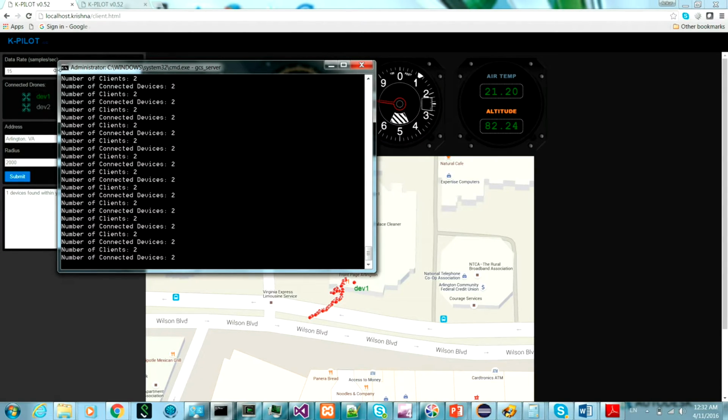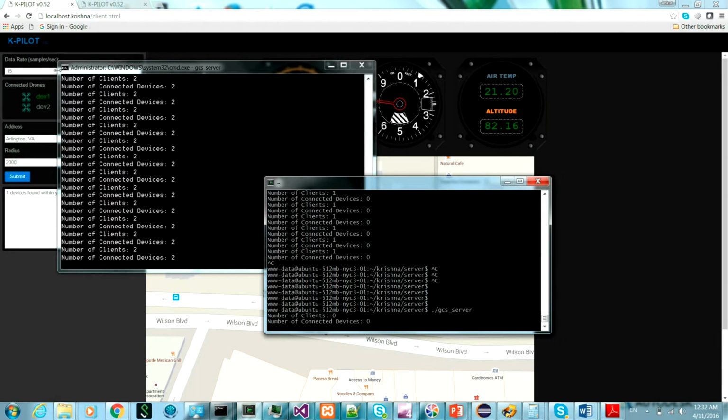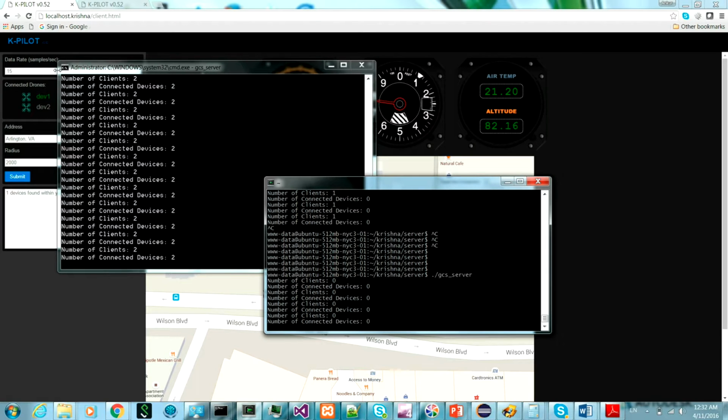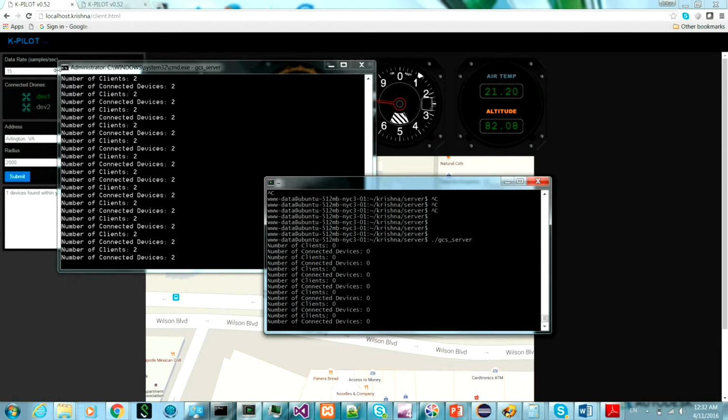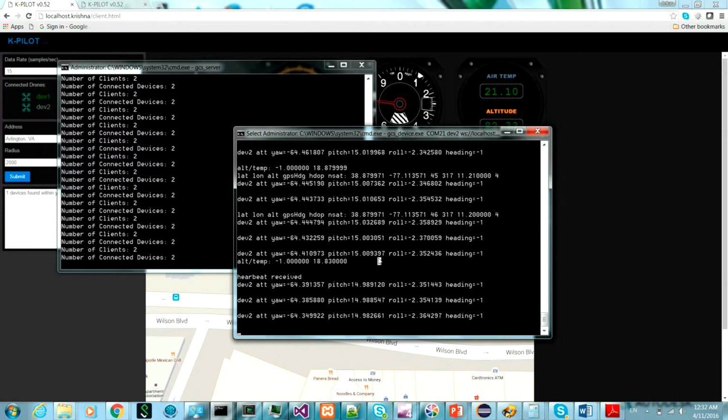So far we have been running the server on our local computer. Let's now try running the server on a remote computer. We have already uploaded a server executable compiled against Linux networking libraries on a remote computer hosted on DigitalOcean. We will now first of all run that server, which correctly reports 0 devices and 0 clients connected, because the devices that we are running are sending their output to the local server. So let's stop these devices